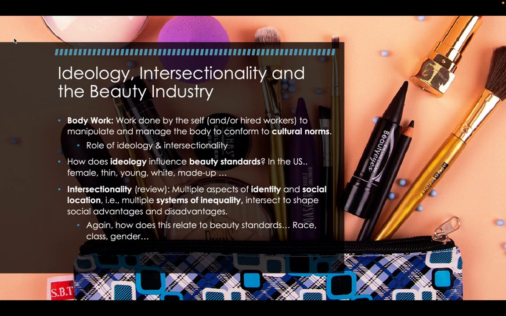And so this relates to identity and our sense of self because the way that we want to present ourselves, the way we want to manipulate and manage our body based off of beauty standards, in large part has to do with our identity categories. So it has to do with race, class, and gender, right? And of course, that relates to intersectionality. Okay, and so we can think of the role of ideology and intersectionality. Now, I already talked a little bit about the role of intersectionality, but let's refresh what ideology means. So, ideology is a set of beliefs that individuals, but oftentimes individuals within a society, all sort of share.